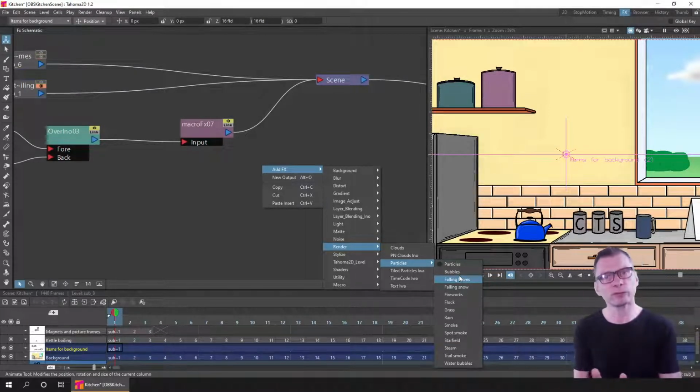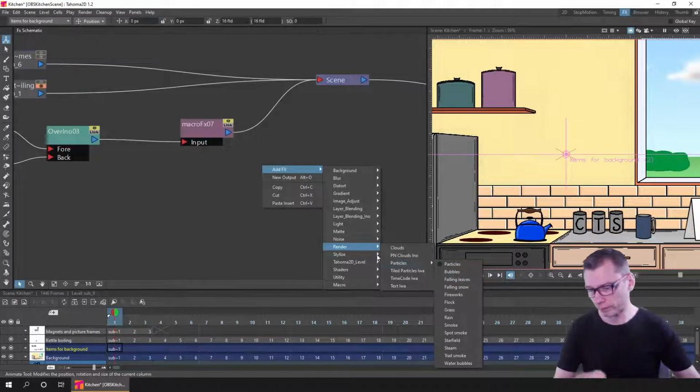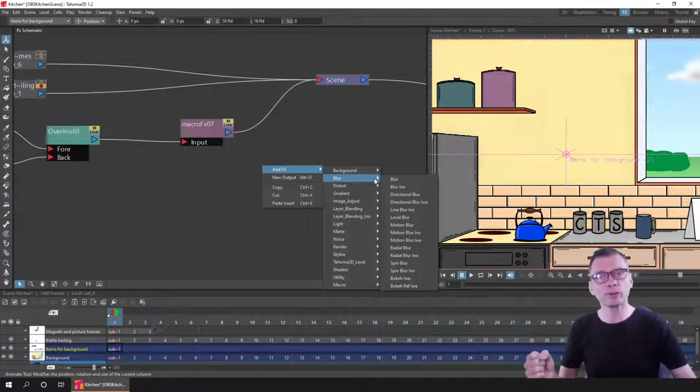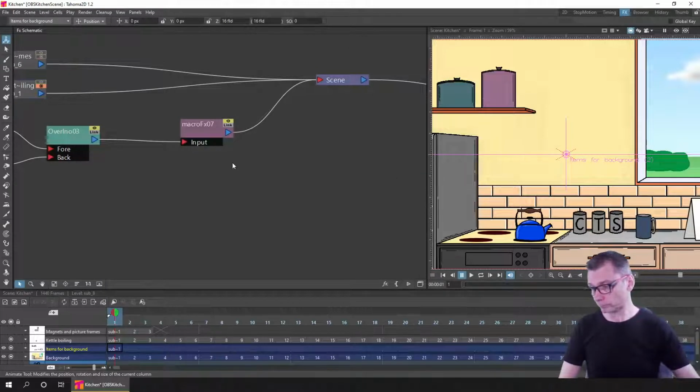Now, how does that affect you, and why do you say this, Darren? Well, the reason is you can do the same with any of your effects. You can create a definition or a setup specific to you. What do I mean by that? For instance, if I go to the blur effect, a nice simple effect that is probably one of the first effects you use when you get into the effects, you've got the standard blur and then a few other blurs. So if you pick the standard blur and drop it into your scene,